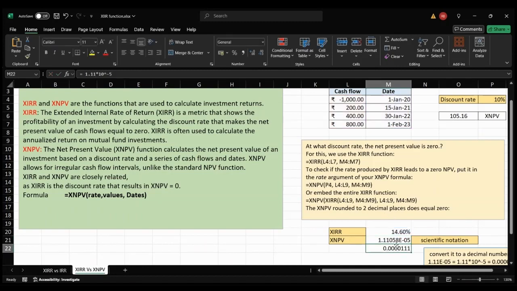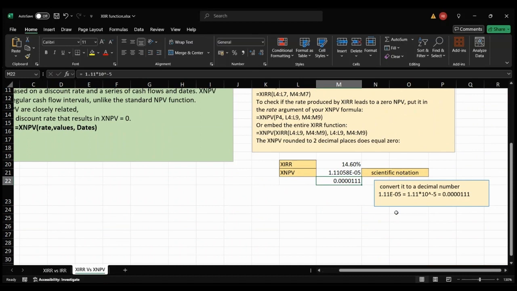So we got the answer as this. This is a scientific notation. We can convert this scientific notation into decimal this way. Okay, so we'll get the answer as 0.000